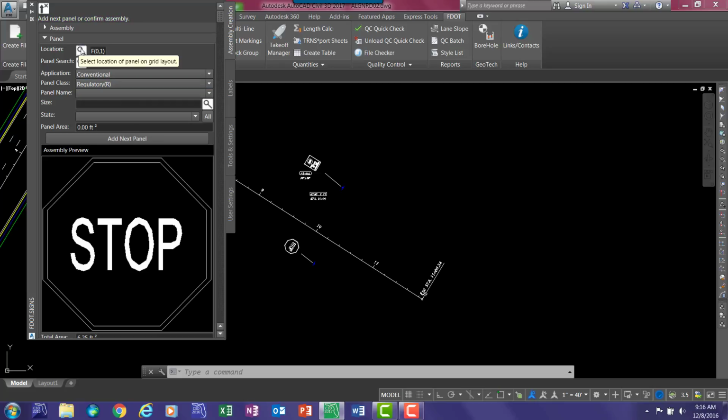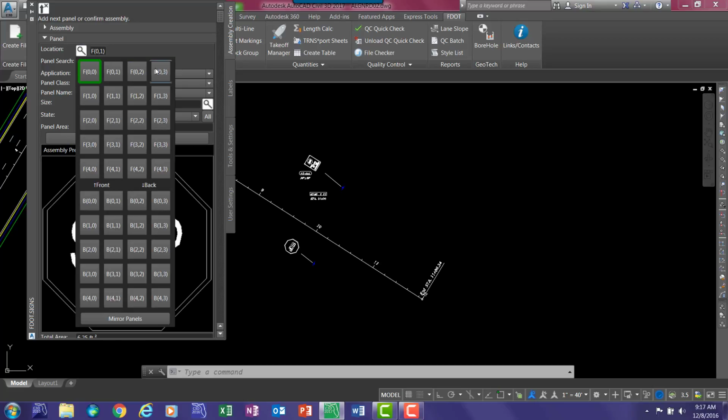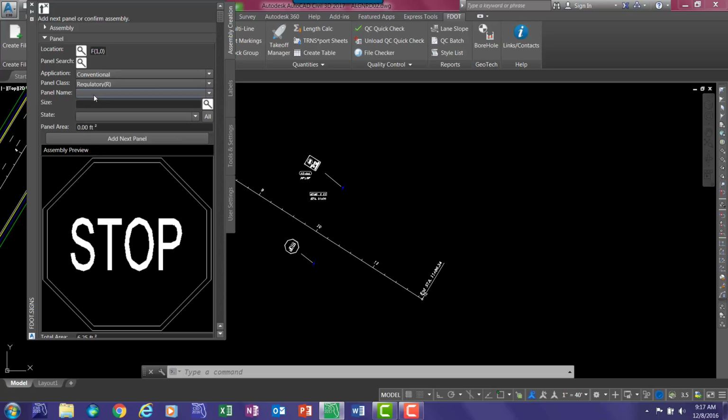You want to change the location of this one to go underneath the stop sign. So select the location, which opens up a grid that shows you where each panel will be. This is also where you can control mirror panels if you wanted a two-sided sign with the same panels. Let's select directly underneath the stop,